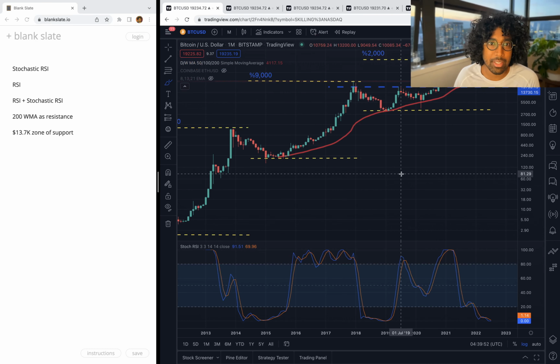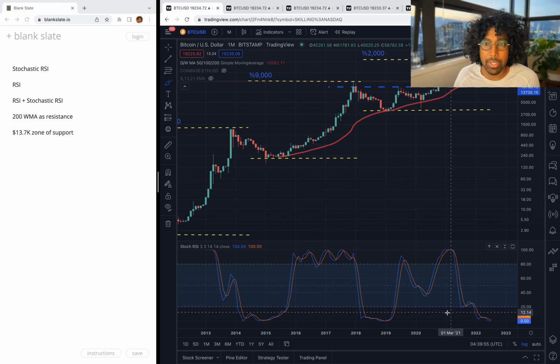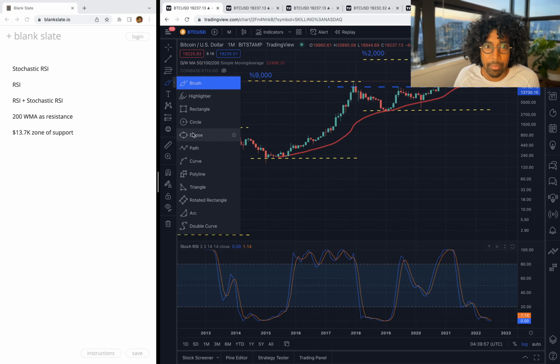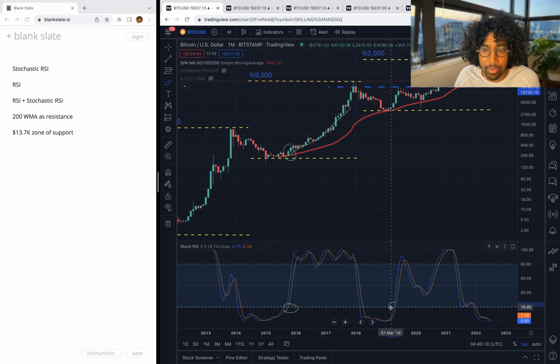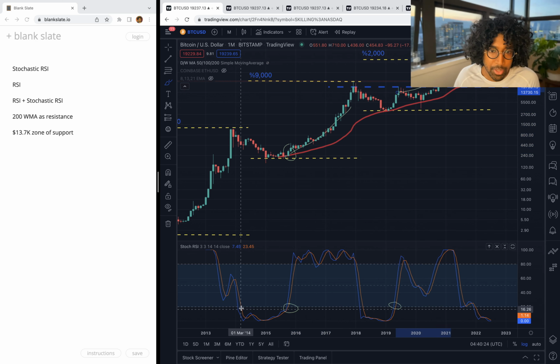So this is the stochastic RSI, and we see that every time we fall into recession or bear market territory, we dip below the 20 mark. And anytime we get above the 20 mark, that's the beginning of the next bull run. So we're jumping above the 20 right here, and you can see it corresponds, right? We have our uptrend. Same thing over here, and then we begin our uptrend. The opposite is true as well. Once we drop below this 20 level, which is right here, this is the beginning of a bear market, right?